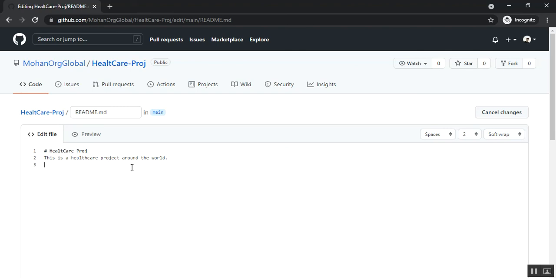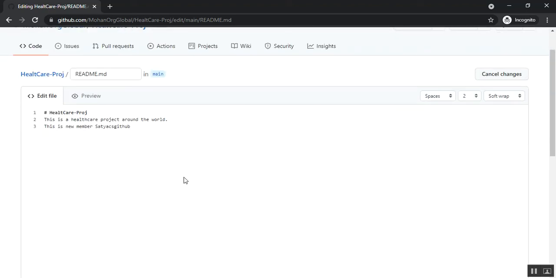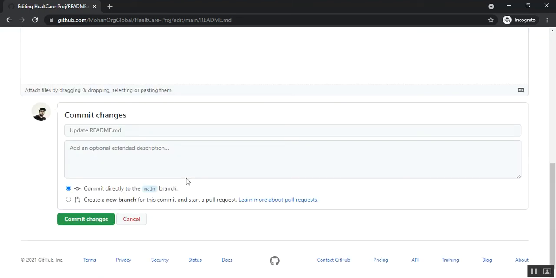So this new member needs to add one new line, that is, this is a new member called Satya CS GitHub. This is new member, that is the Satya CS GitHub. So this new member is able to modify this readme.md file, because this write permission has been given by the owner to this member of this repository, that is the healthcare project. Alright, so that new member is eligible to modify the readme.md file, to check the write permissions as given earlier. Now the readme.md file is updated, so I just click here commit changes,